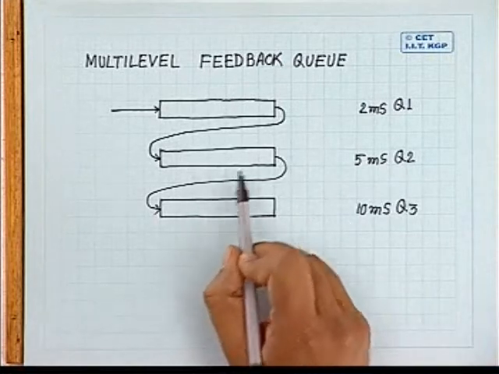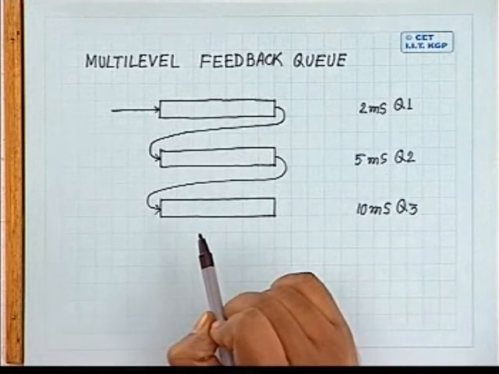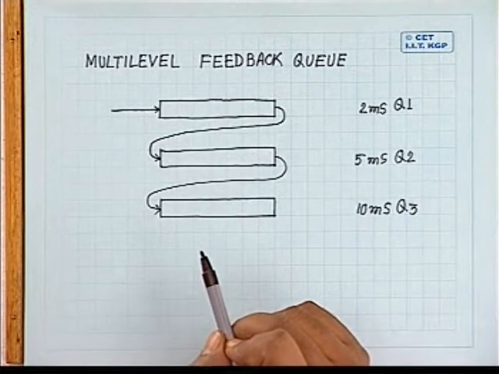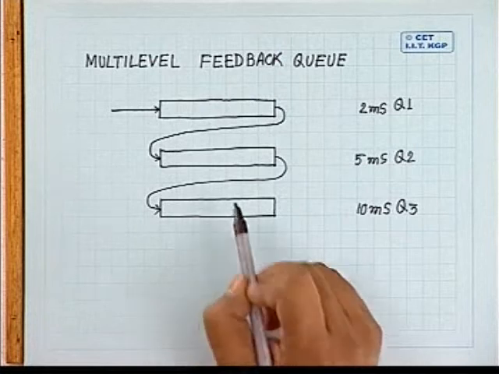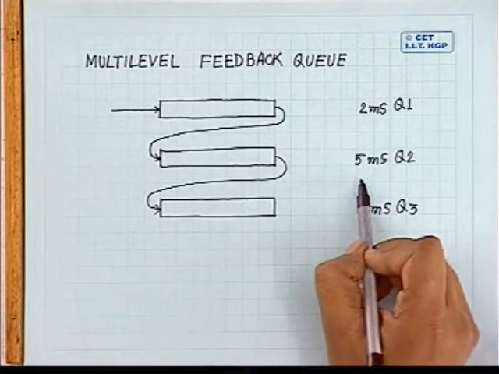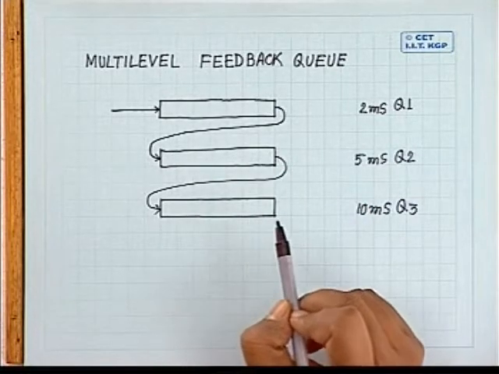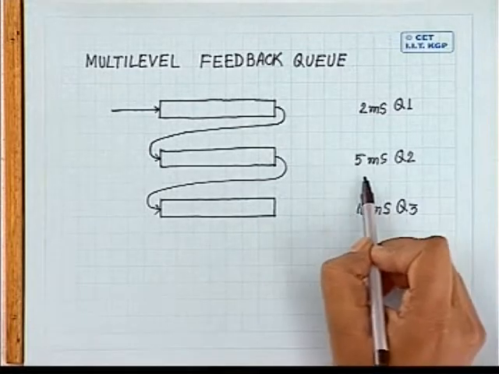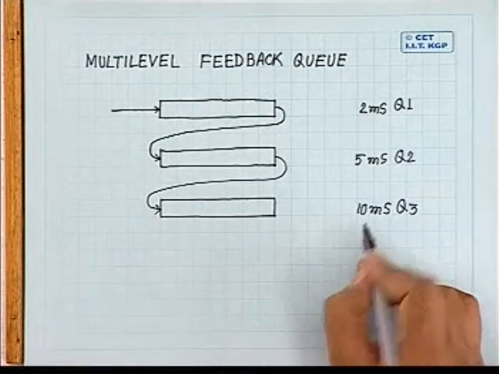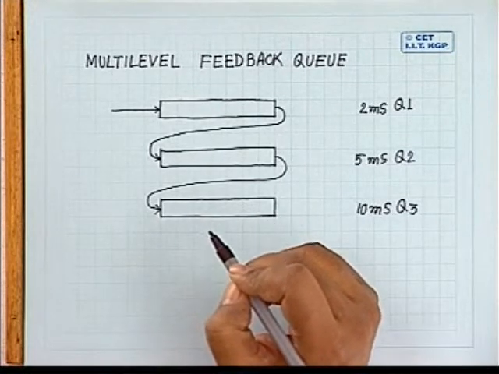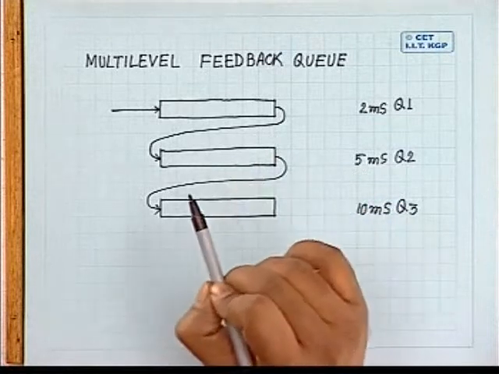And again in queue number 2, it will be allocated to the CPU for a time quanta of 5 milliseconds, again following the round robin technique. In queue number 2, if I find that the CPU time requirement of a job is less than 5 milliseconds, it will remain in this queue only. If the CPU burst duration of the job is greater than 5 milliseconds, I will push the job into the last queue, that is queue number 3, where the time quanta is 10 milliseconds. In each of these queues, the jobs will be allocated in round robin fashion.